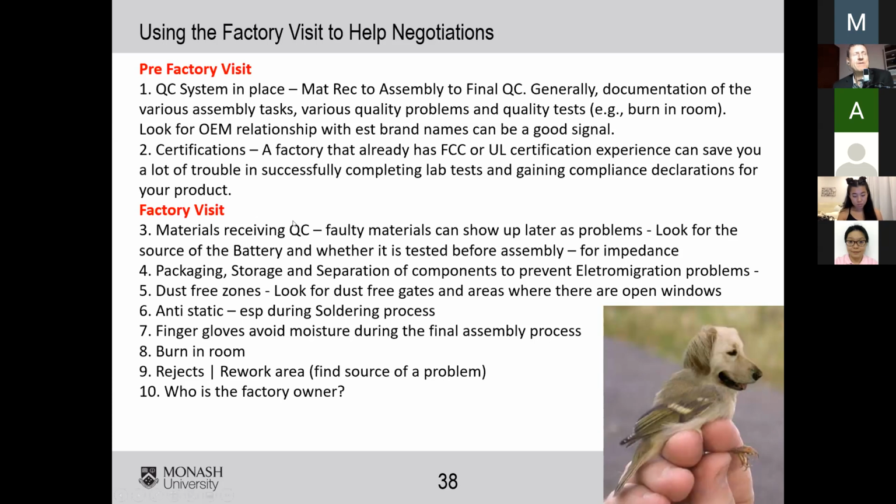But when you go to the factory visit, now is when you need to put your operational hat on. It's very operational management oriented. And it's very important here that you pay attention to materials receiving or the packaging, storage and separation of components, especially. Dust-free zones, anti-static, finger gloves, burn-in room rejects, who is the factory owner. I think these are the main things that I would summarize to look for when visiting the factory, especially an electronics